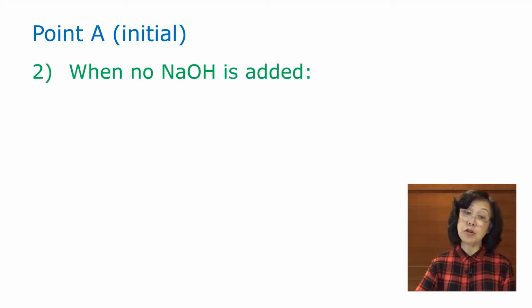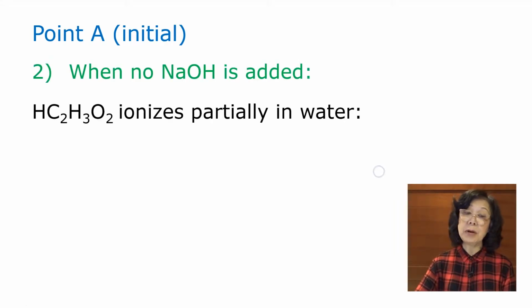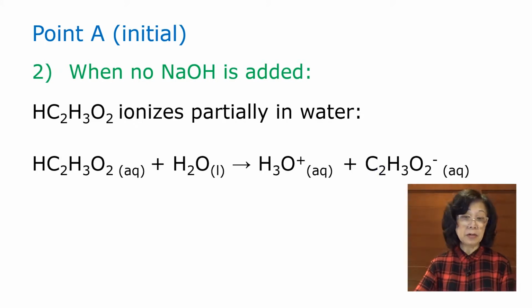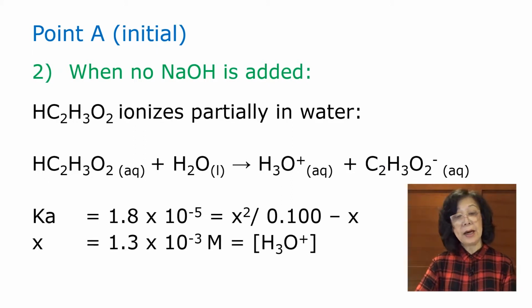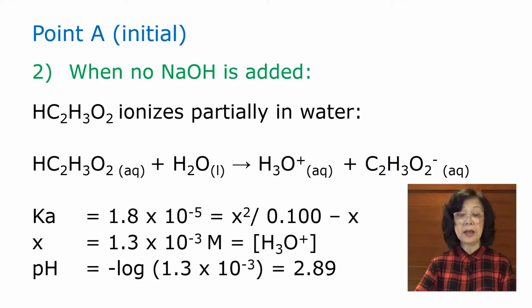initially, when no NaOH is added from the burette, we only have the weak acid in the flask ionizing partially, according to this equation. Therefore, we take the Ka value and set it up: 1.8 times 10 to the minus 5 equal to x squared over 0.1 minus x, x being the concentration of the hydrogen ion and the acetate ion, or the change, and 0.1 molar is the original concentration of the acetic acid. Solving for that, hydronium ion is 1.3 times 10 to the minus 3 molar, and therefore pH based on that